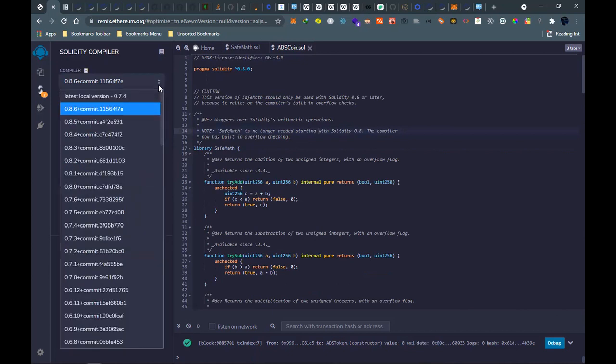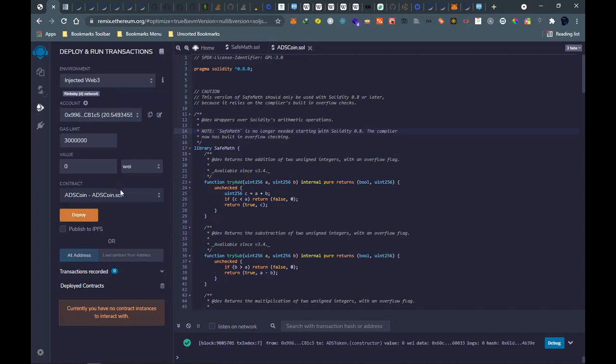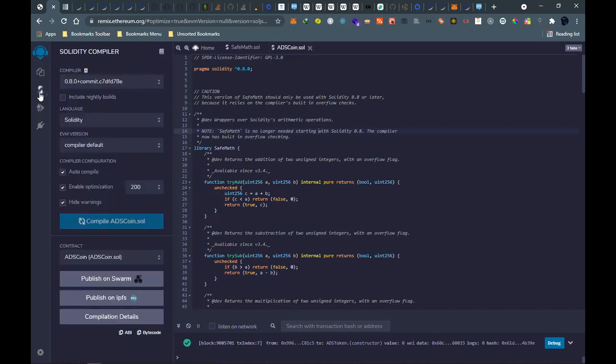We are using 0.6. We should select 0.8. We should submit it to redeploy again and see. So coding sometimes is a little bit hectic, and yeah.